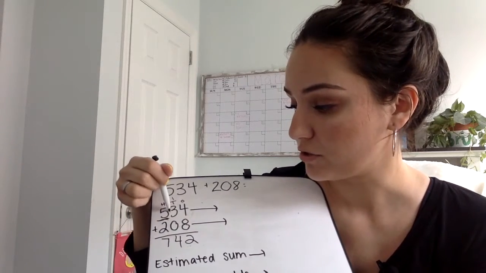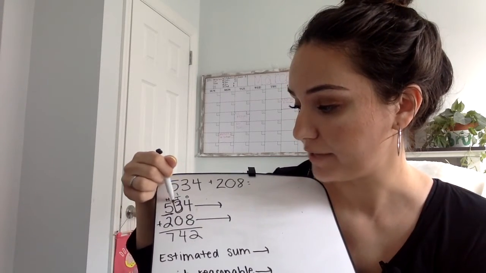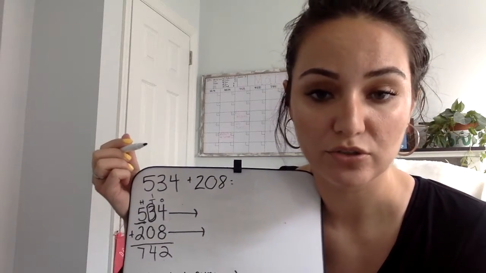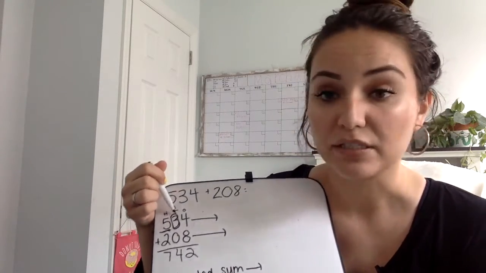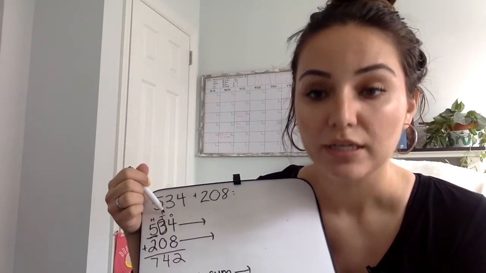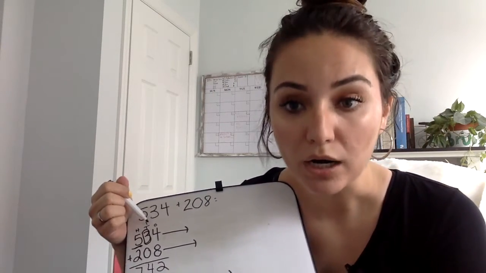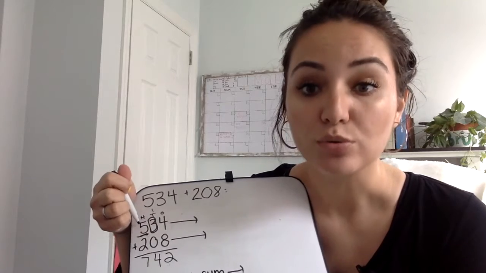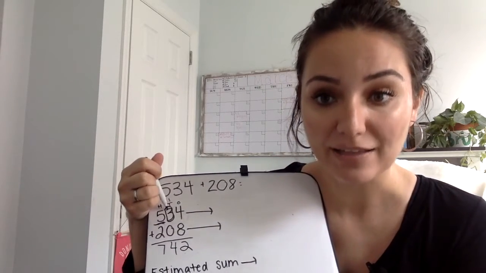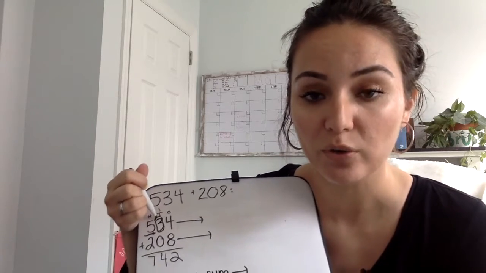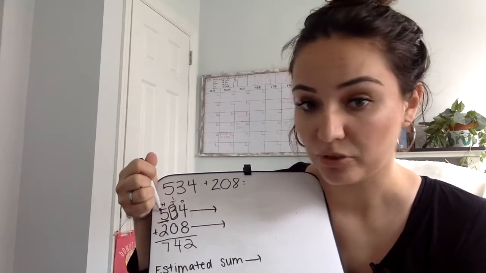Then we need to go next door and circle the number next door. Remember the rule for this. If this number in the circle is 5 or more, this number goes up. Okay, if this number is 4 or less, if the number in the circle is 4 or less, this number